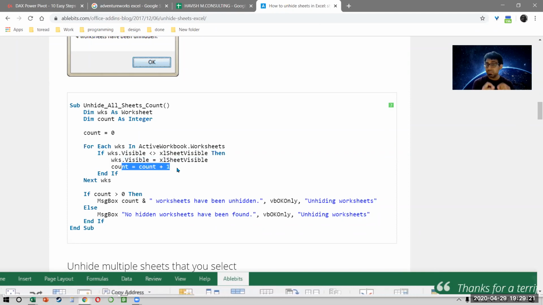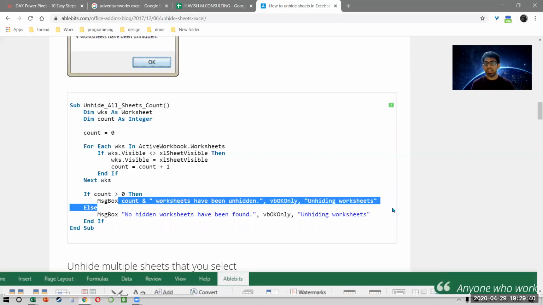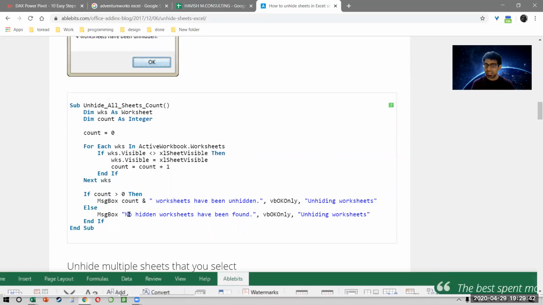That means every time a hidden worksheet is becoming visible, it's like in a mall when you have the step counter, somebody keeps on adding 1. So 1 plus 1 plus 1. The number of sheets unhidden in the beginning was 0, and I keep on adding 1 by 1 by 1. And then finally, if the count is greater than 0, then we say MsgBox count and how many sheets have been unhidden. If there was nothing which was unhidden, it says no hidden worksheets have been found.